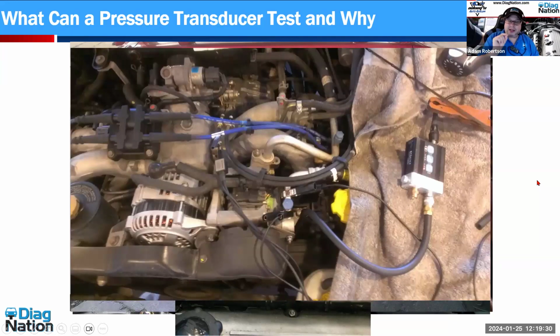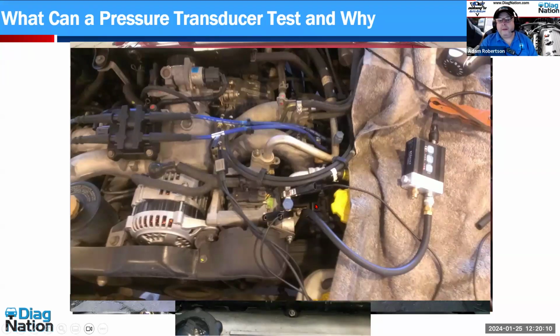Now, this is one of the pressure transducer tests that I am becoming more and more confident with, or I should say, I'm liking it more and more. And actually, I'll go as far as to say, if you've ever called me on the phone, if you've ever called through DiagNation and we've talked diagnostically, or if we've talked on the side, or if you've been in any of my classes, I will tell you that if you are practiced in doing relative cranking compression, I now recommend in many, many situations that during a cranking relative compression test, you add a pressure transducer